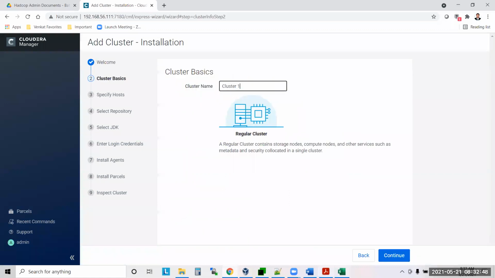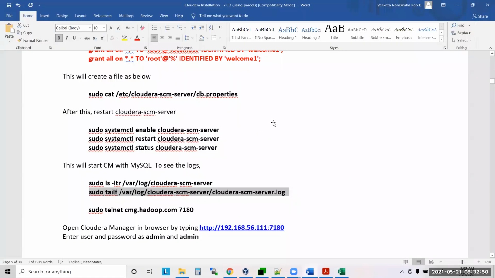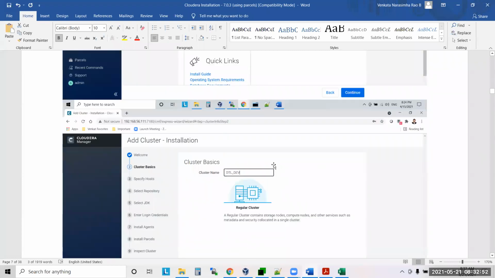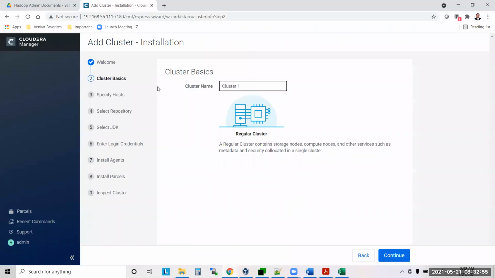However, I have given each and every step as screenshots. See guys, if you see here, this looks like a combination of both the Hortonworks Ambari UI and the Cloudera UI. Earlier, when I was installing Cloudera, did it ask me the cluster name? No. After installing the cluster, I changed the cluster name to my dev cluster. But now Cloudera is asking right now itself. My_dev_cluster, let's say.